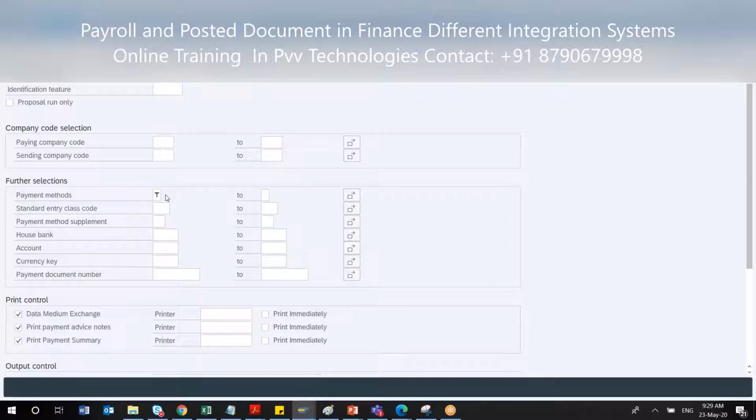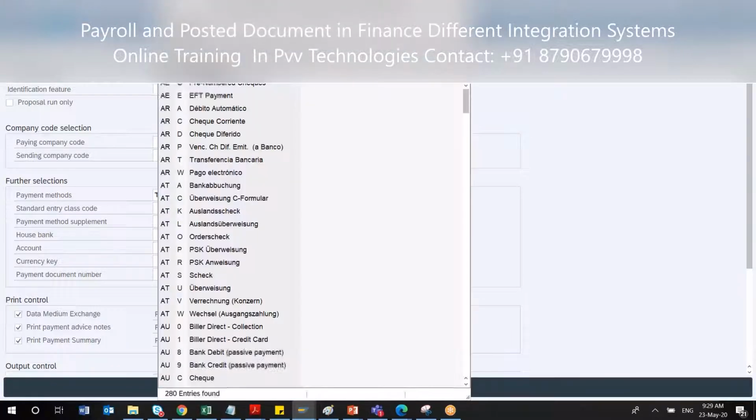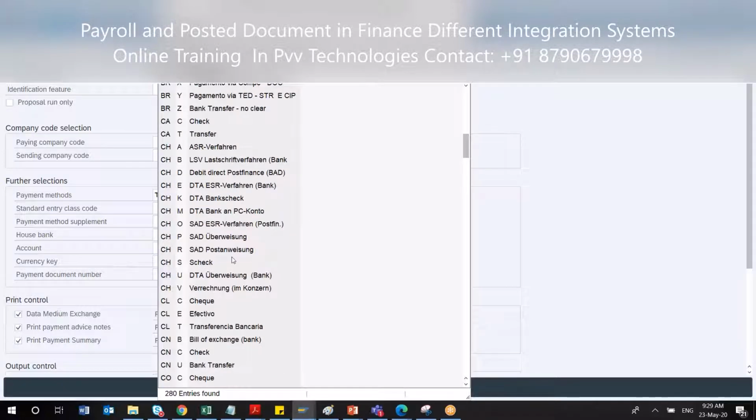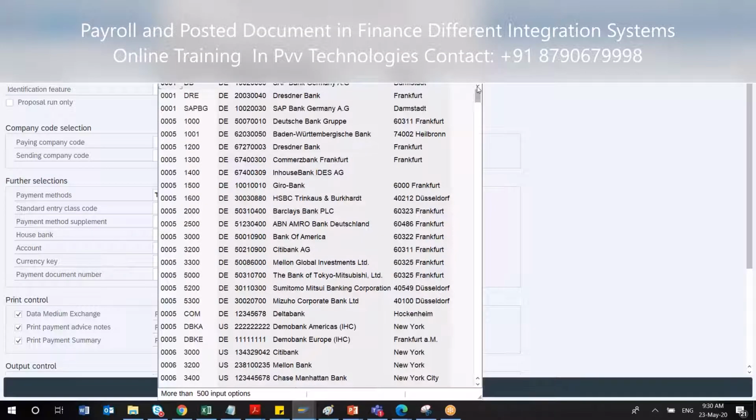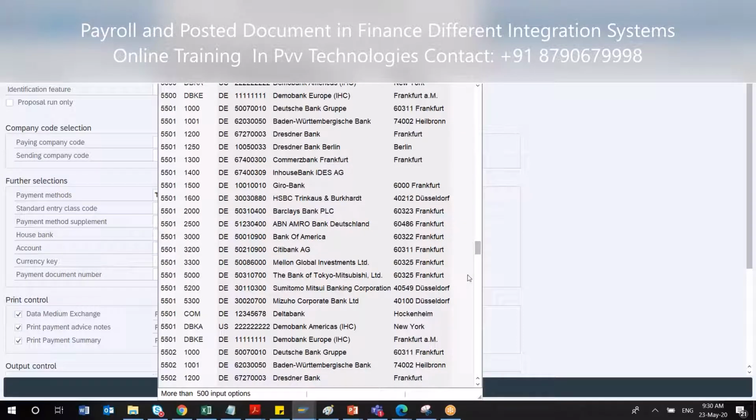Similarly, in the payment method, which payment method you will be using, there are a lot of options, but again, it is specific to your bank, direct debit or direct credit. It will happen depending upon your bank transfer and all. Another thing here is the house bank. House bank is a finance configuration. At present you will see a lot of house banks are configured, depending upon your country and pin code. This is the finance activity; they have to do this.